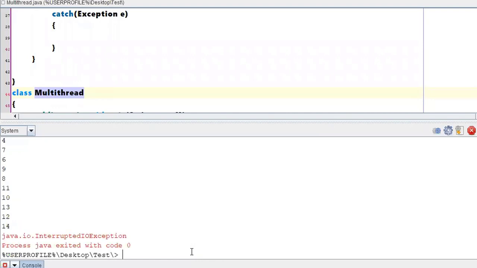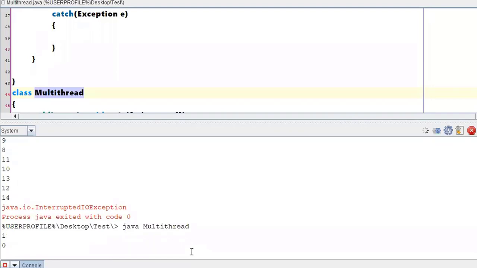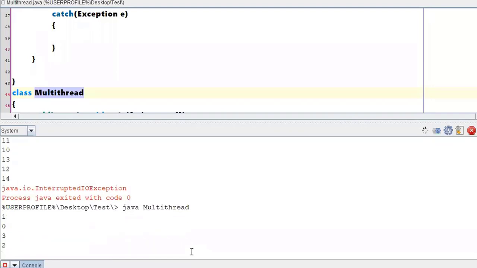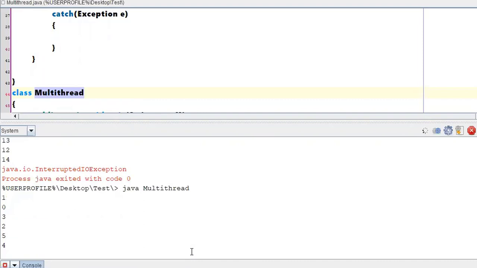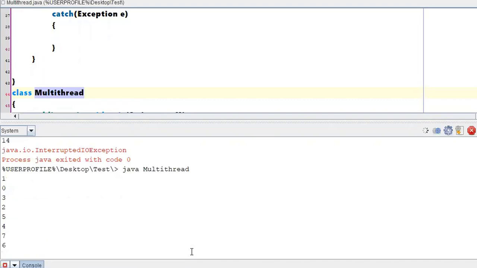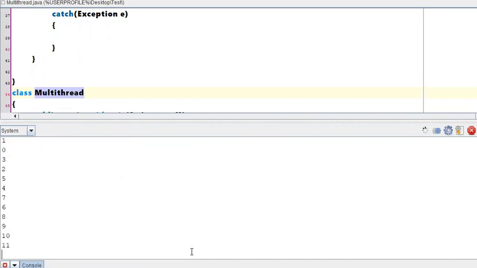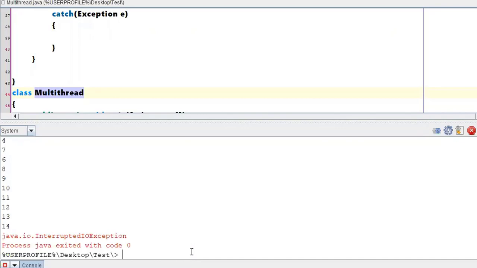Anything is possible. Finished. Let me run it once again. 10, 32, 54, 76, 89, 10, 11. Now the even number is given priority. 12, 13, 14. See, right?